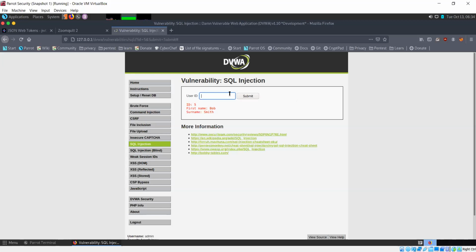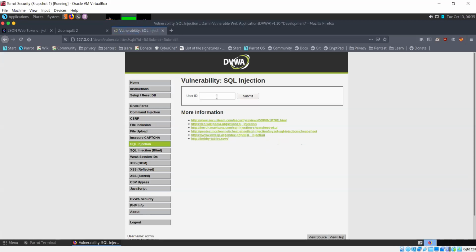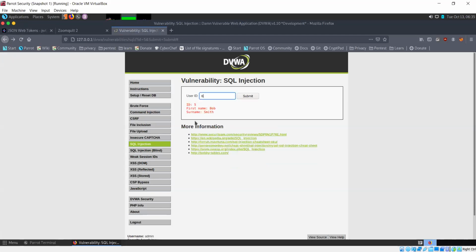But this does not mean that that's the only kind of information available in the table. Okay, in a table, there might be lots of different columns. The only information we'll see here is whatever columns are specified in a particular query that might be running. So keep that in mind whenever you are trying to perform SQL injection. Now, we tried 5, let's try 6. What happens? So no answer. That means there are only 5 users.